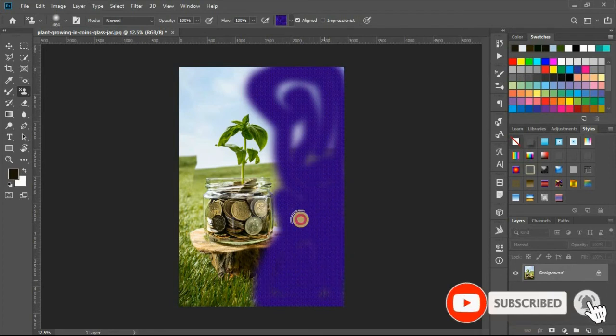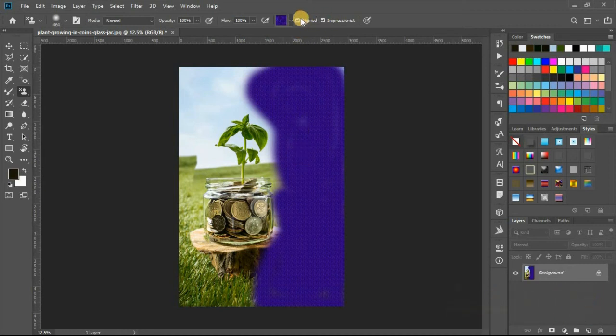I'm just showing you how to do it. Doesn't mean you have to do it like this. There are default stamps you can use. You can play around with the